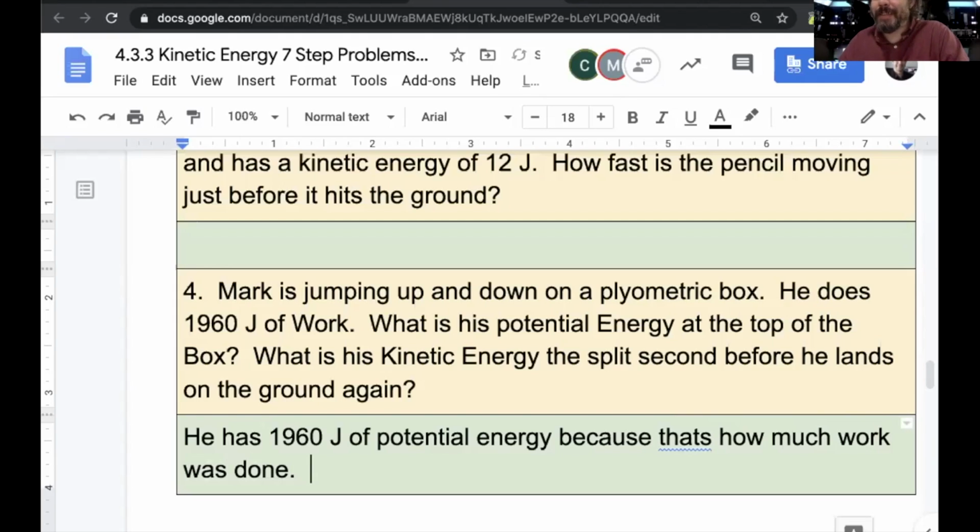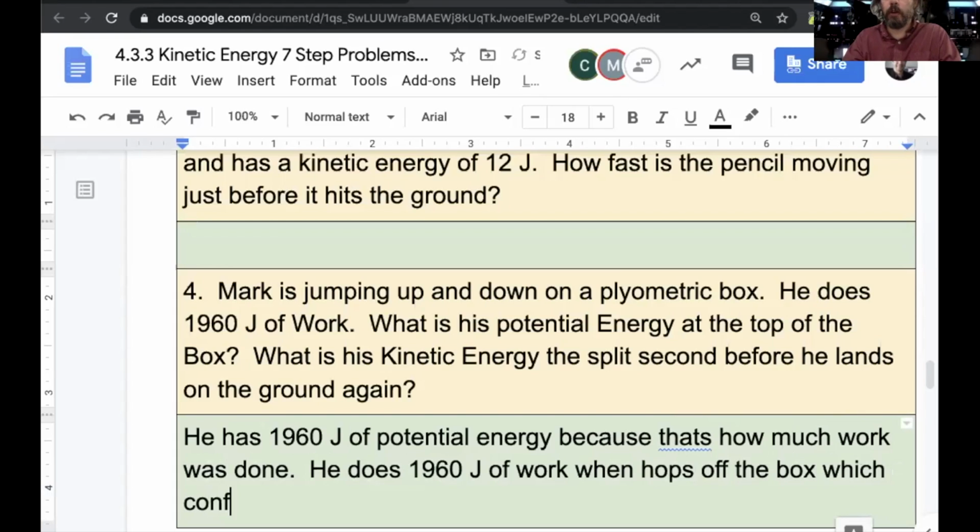Now, if I have 1960 joules of potential energy, that means I have the ability to do that much work. So when I jump off the box, I have the ability in the future to do 1960 joules of work, and I'm going to do that. So when he hops down, he's going to do 1960 joules of work when he hops off the box,